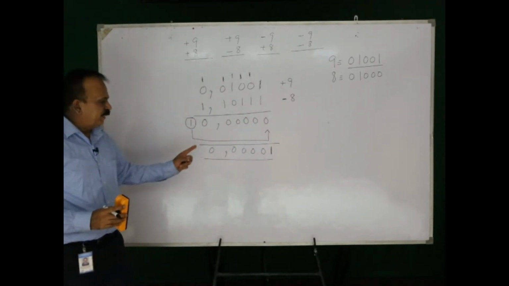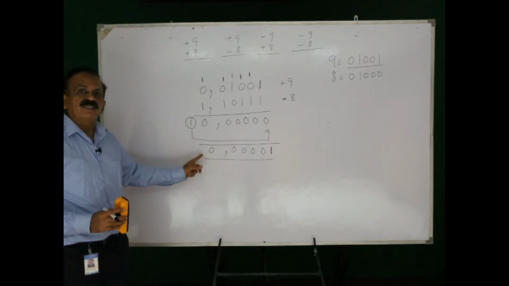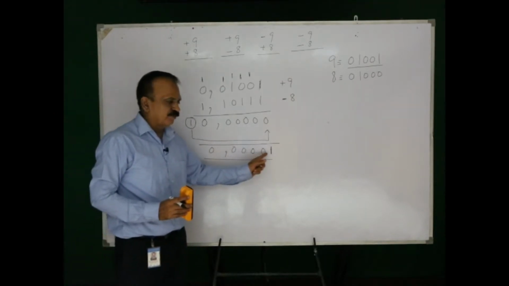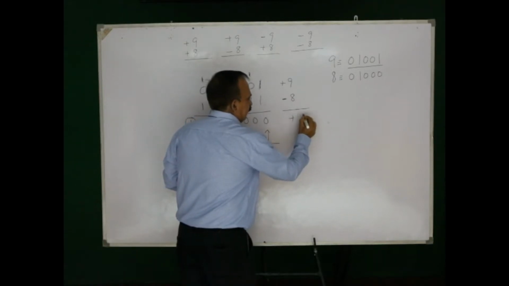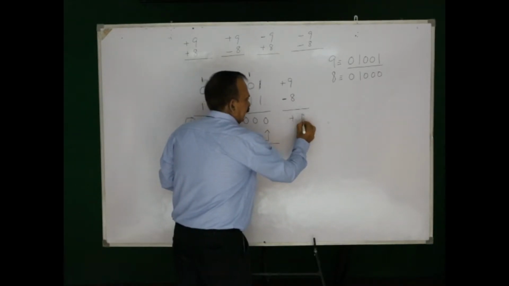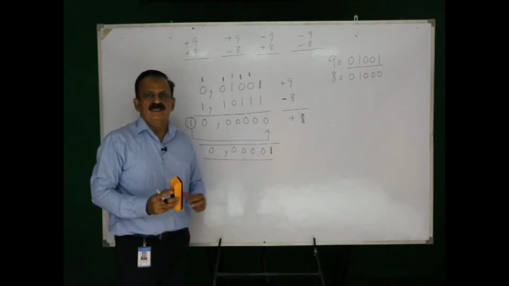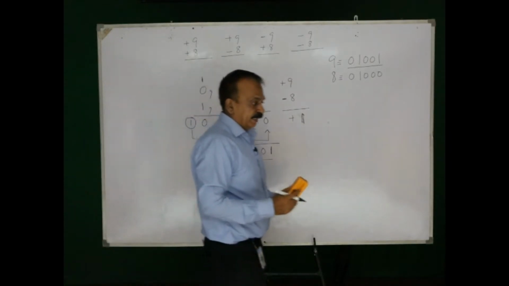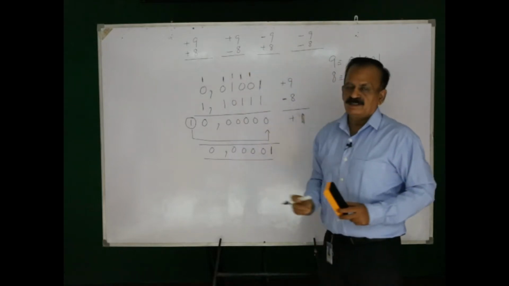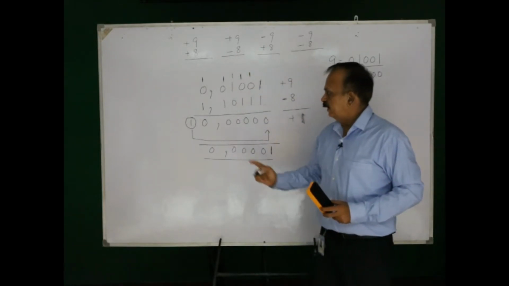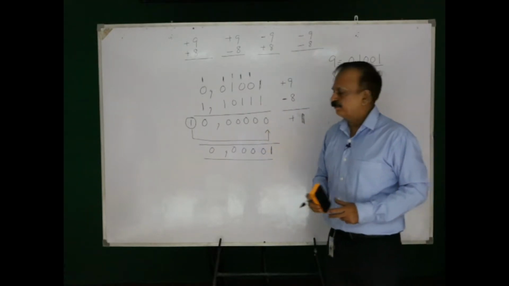Now it is very clear from this sign that the result is positive, and this is the magnitude. This is nothing but 1, and logically I should get the result plus 1, and it is there. This result is plus and this magnitude is 1. Here I used 1's complement of the negative part because 8 is the negative number, and I used the sign and then 1's complement of this number.